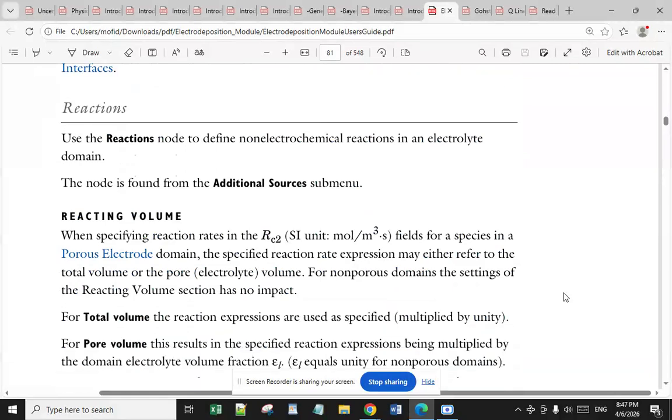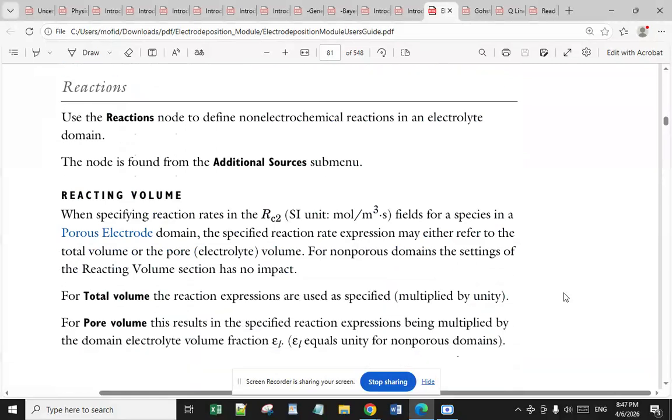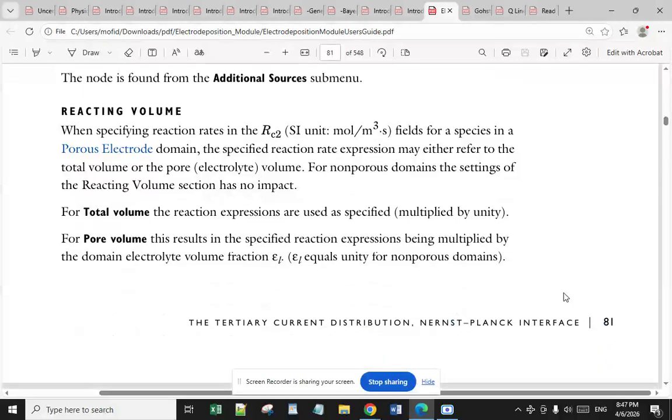Now I want to go to the reactions. Use the reactions node to define non-electrochemical reactions in an electrolyte domain. The node is found from the additional sources submenu. Reacting volume. When specifying reaction rates in the R_i, SI unit mole per cubic meter second, fields for species in a porous electrode domain,